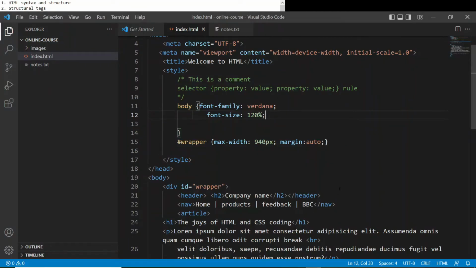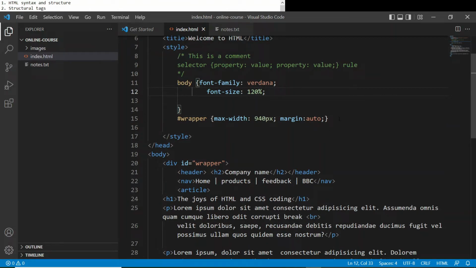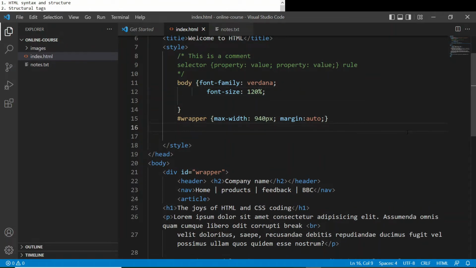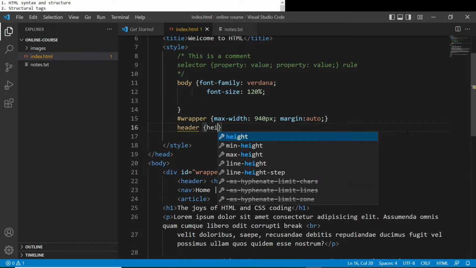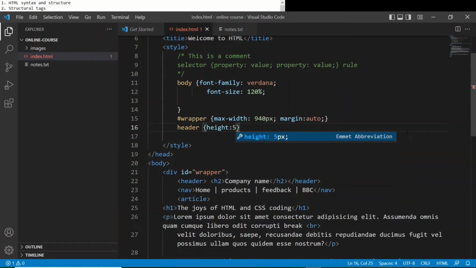So let's come back into CSS and do a few more things here. Now remember, we had the header up here. I'm going to put some styling on the header. So here now I simply say header, because header is a recognized tag. Okay, and my curly brackets, and I'm going to give my header a height of 50 px